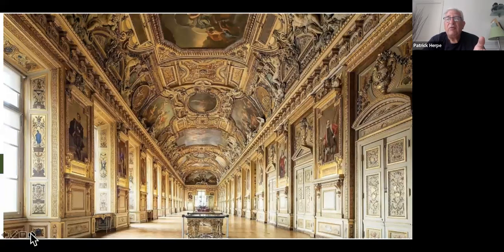And this is the Gallery of Apollon. In the Gallery of Apollon, the king was already nicknamed the Sun King. So he decided to build here the place for his dancing, for his ballroom. He didn't like the one from Henry II so much. And he liked that room so much that he used it as a blueprint for the castle of Versailles, for the Gallery of Mirrors,